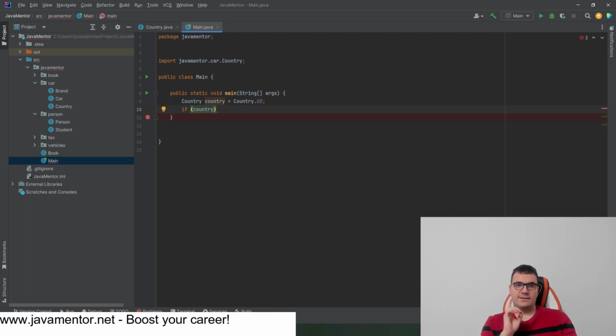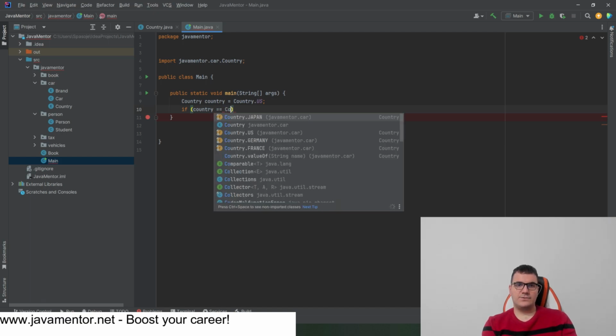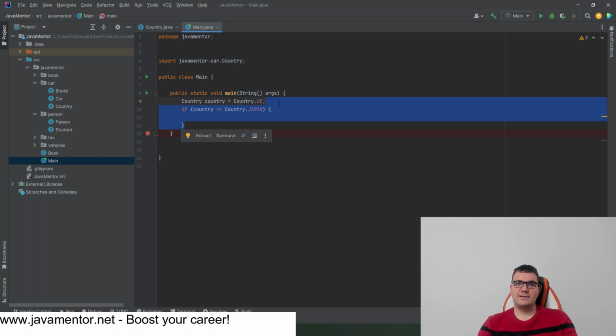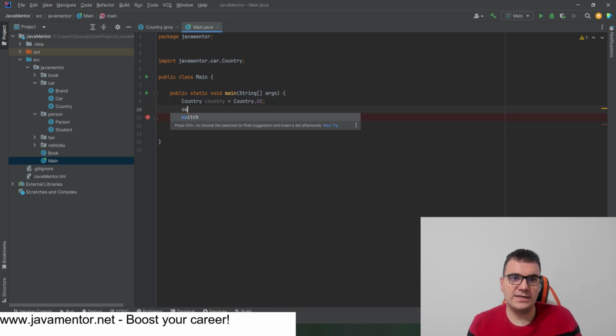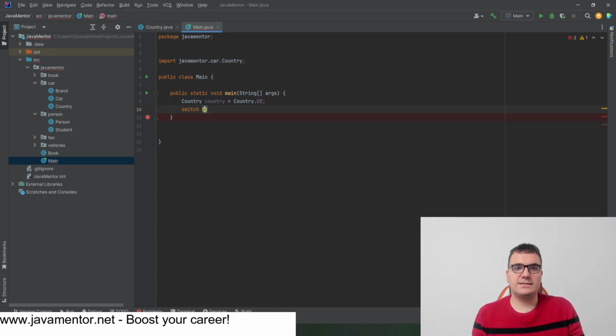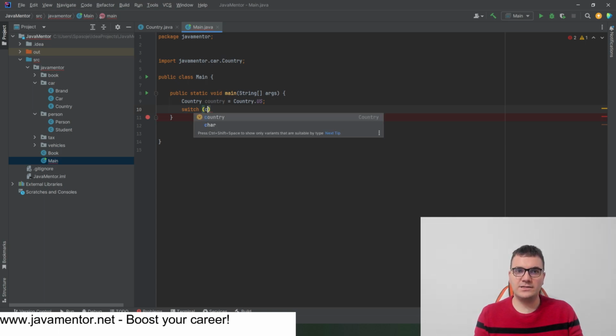Remember that enums are compared in the same fashion as primitives, but you can also use equals. It doesn't matter. Okay, if country is Country.Japan, then blah blah blah, if something else. So you can do this task with an if-else statement. But the switch statement can also help you. How does switch work? You're basically saying, this is my condition,